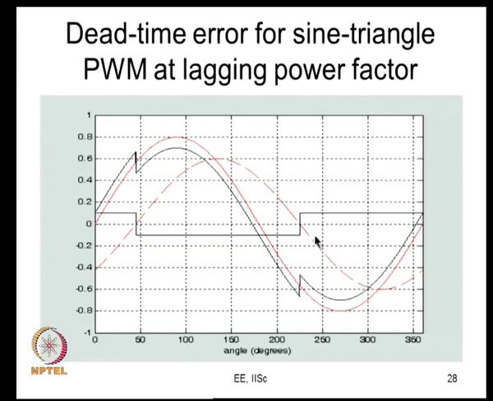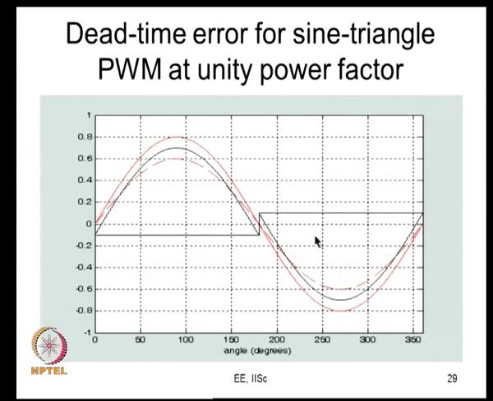So, this is showing a 45 degree lagging power factor angle. Now, I am looking at unity power factor. This is the fundamental voltage and this is the fundamental current. What I am trying to do is look at the error voltage. The average error voltage is a square wave like this, and this is added to the modulating signal. This is the fundamental or the average pole voltage. The average pole voltage is this black one. It is shifted and it has come back to this now.